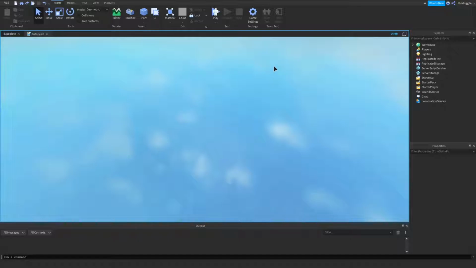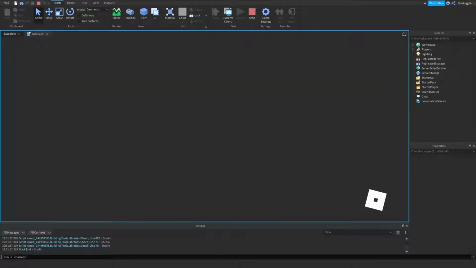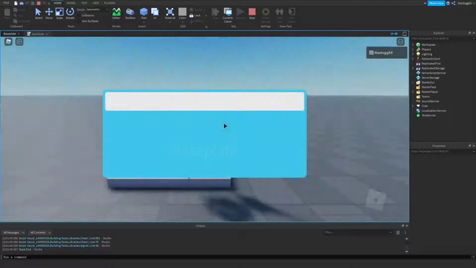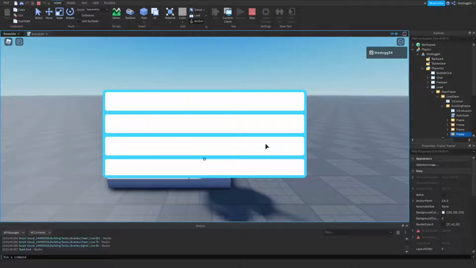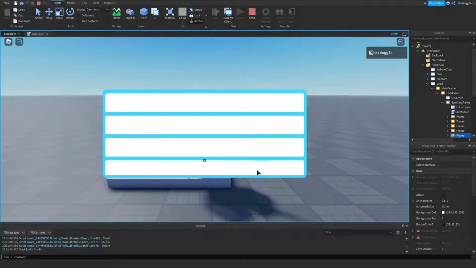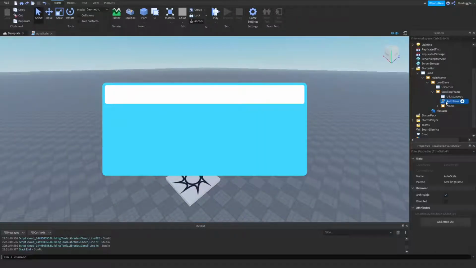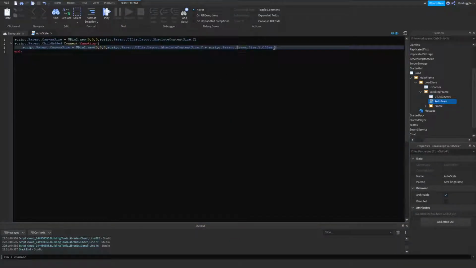So then we just go into the actual game, and we repeat the process. So we go down, we can scroll all the way down. Now we have a new problem, which is, as you can see, we can't go all the way down to the bottom. So the easiest way to combat that is go here to our script, and we're going to add another offset. Plus script.parent.UIListLayout.Padding